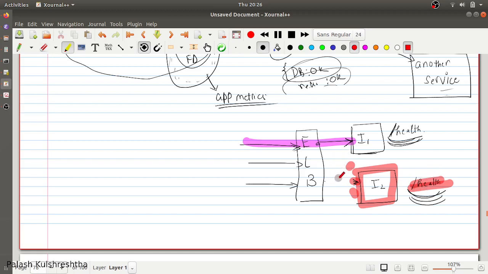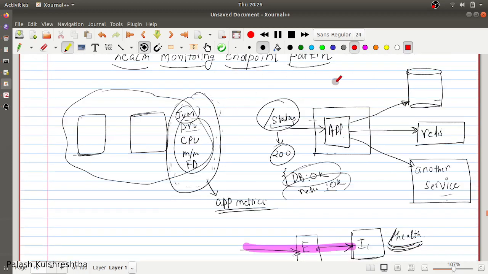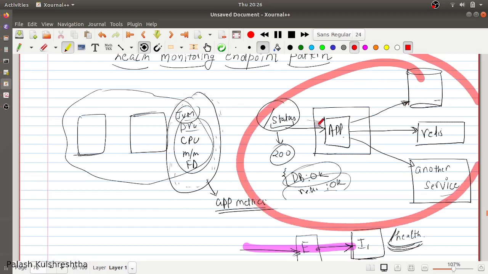And if the health check URL starts succeeding, then it will again put this server behind the connection, and it is going to start sending traffic again. So this is one of the applications of health check URL. Now let's see, one of the ways is exposing these details. You are basically exposing a health check URL which is checking all the essential components for your application and then returning a status code to which you can basically know the current health of your system.